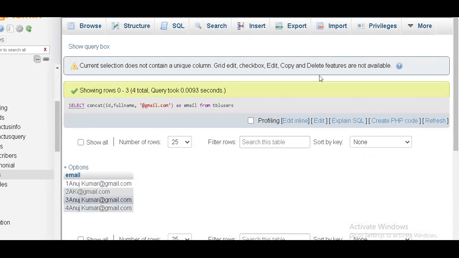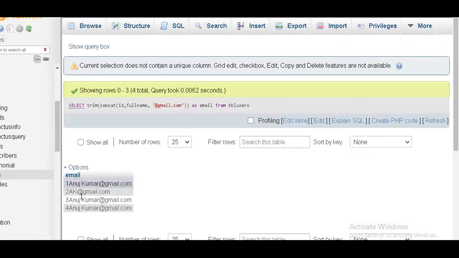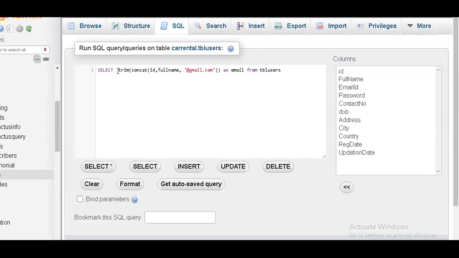What else can I do? Now you have learned LTRIM and RTRIM, you've gone through the trimming options. If you think any spaces might be there, unfortunately it can happen, so I want to trim as well. I can use the function in this fashion also. I'm using the trim function, I'm using the concat function, and I'm getting the results. I can see spaces are also removed, so there is no doubt. See all the functions I'm using. Now suppose I want everything in uppercase, so I can say upper.